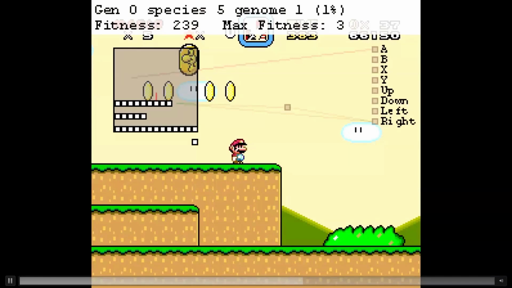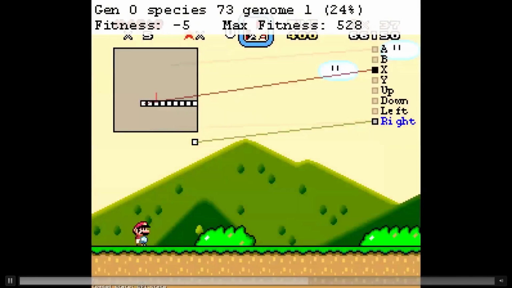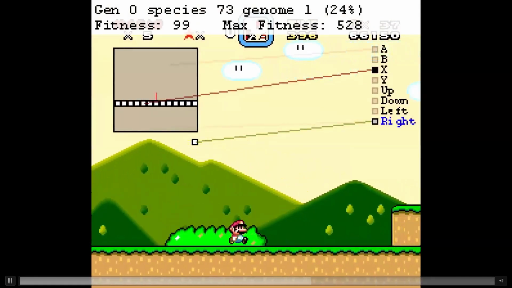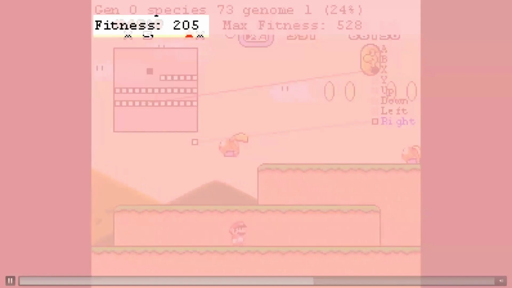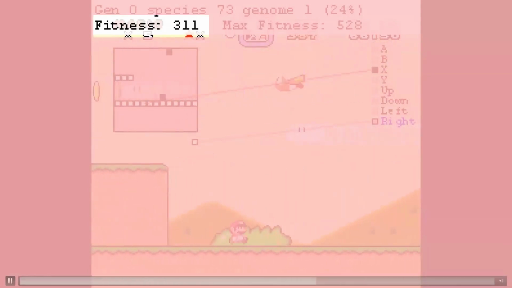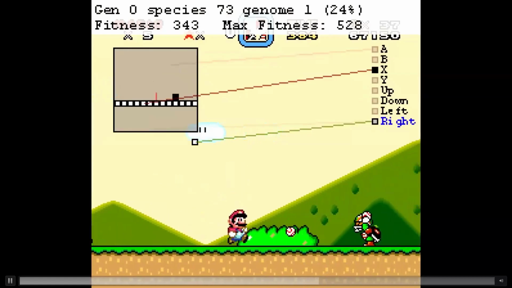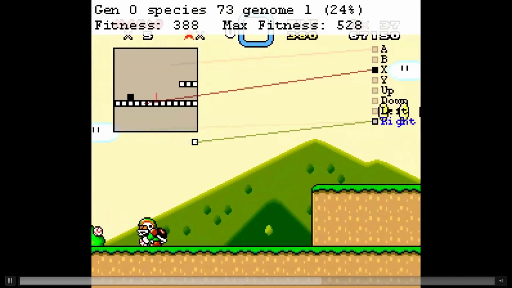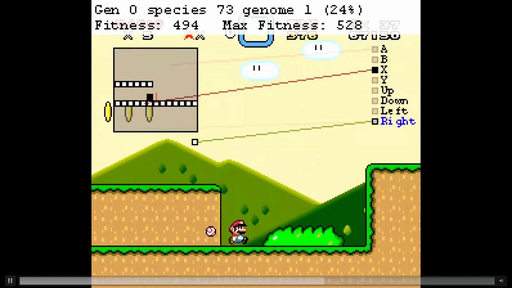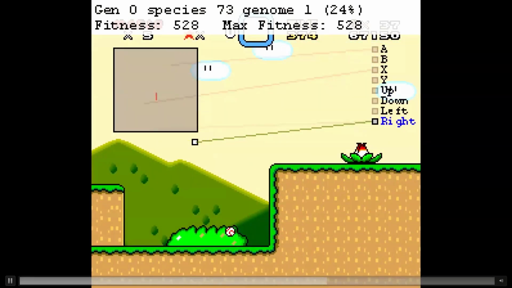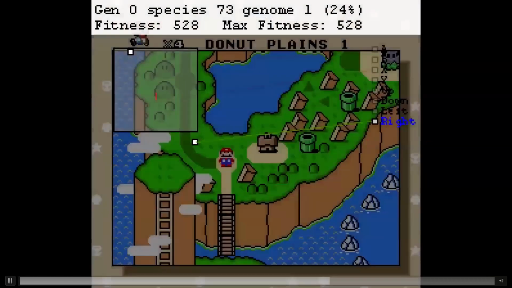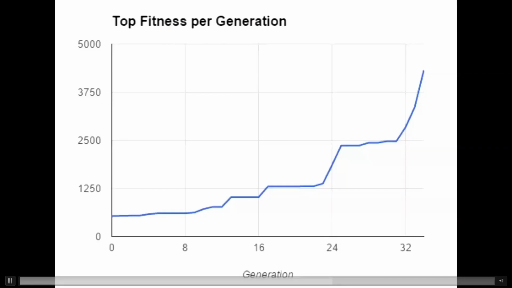So, how exactly do we get those more complicated neural networks? The answer is evolution. When Mario gets further right on the screen, its fitness goes up. In this case, fitness is a function of how far right it gets and how quickly it gets there. Only the neural networks that produce the highest fitness are selected to be bred, creating the next generation. It took 34 generations of genetic breeding and fitness evaluation before Mario was able to finish the level without dying and get a fitness score above 4,000.